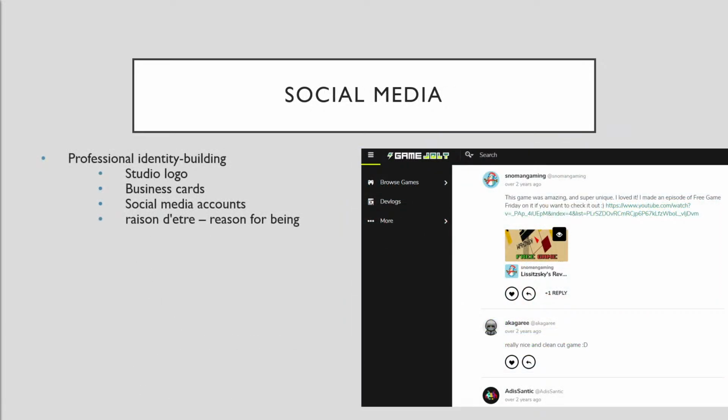Social media. So things you want to do: have a studio logo, have business cards, have social media accounts. Make sure that your social media accounts are professional social media accounts. It's not just a carryover from college. If you have pictures of yourself partying or something, be careful with that.